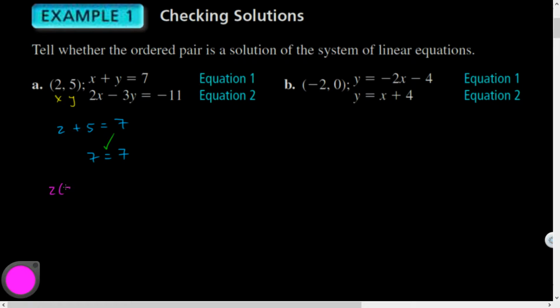So let's see, what's 2 times 2 minus 3 times 5? Is that equal to negative 11? So now I'm plugging this point into the second equation for x and y. So let's see, 2 times 2 is 4, minus 3 times 5, so that's going to be minus 15. The question is that equal to negative 11? And voila, negative 11 equals negative 11 is a true statement if I ever saw one. Cha-ching. Therefore, I could say 2 comma 5